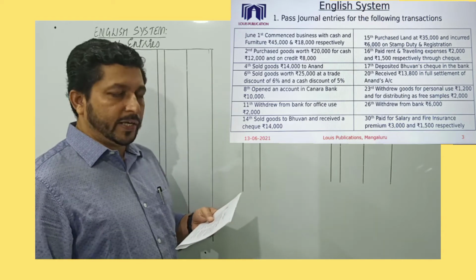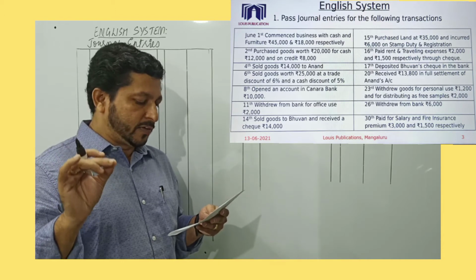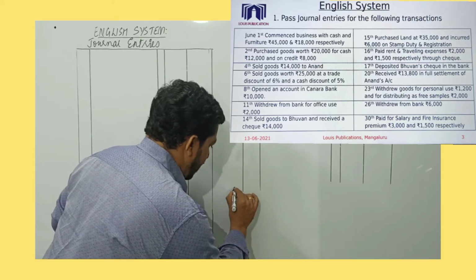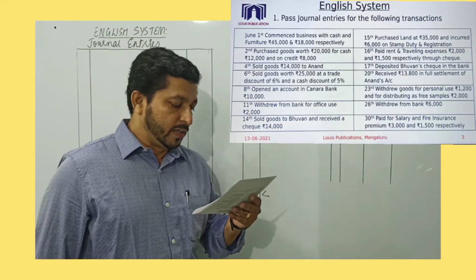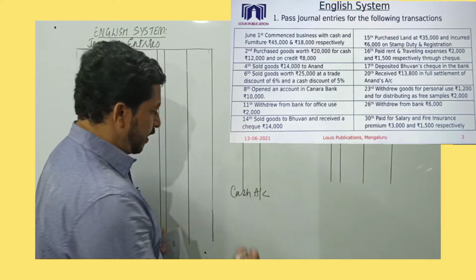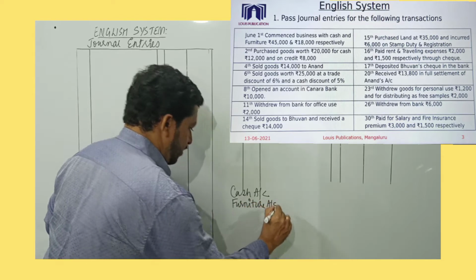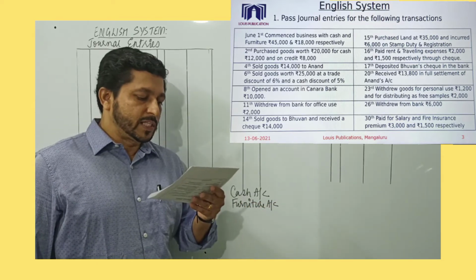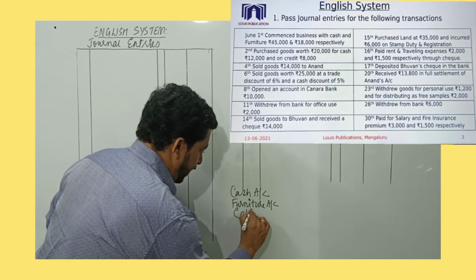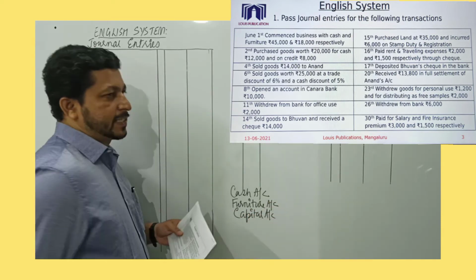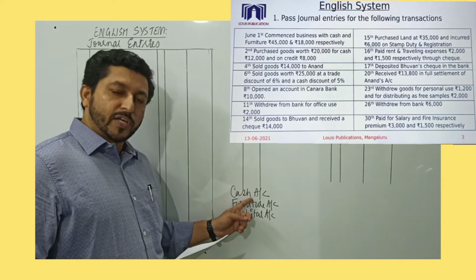So commence business with cash. First we need to read the transaction. Find whether the 6 words are present: cash, bank, cheque, draft, paid, received. So I have an account by the name cash account. It's given. Then I read the transaction further, second step, and find which is the other account. There is furniture account as well. And also it's given commence business, started business, meaning to say that is capital account. We have seen all these in our examples in the previous session. So these are the first and the second step.